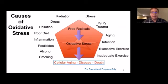Now, in addition to that, we live in a very toxic environment, one in which we have lots and lots of other things that increase free radical production, things like smoking, too much alcohol, pesticides that are sprayed on the foods that we eat, inflammation, poor diet, pollution, drugs, radiation. That was a big problem for me because I worked in a cath lab every day of my cardiology practice, standing 2 feet away from an x-ray tube. Stress, trauma, injury, infections, too much and not enough exercise, all of those things increase free radical production, oxidative stress, leading to cellular